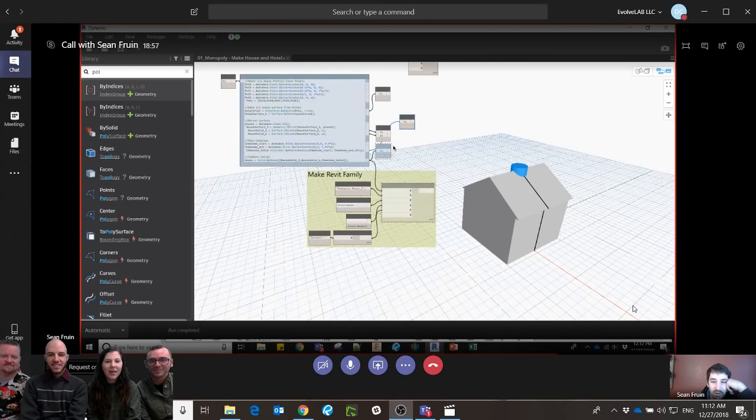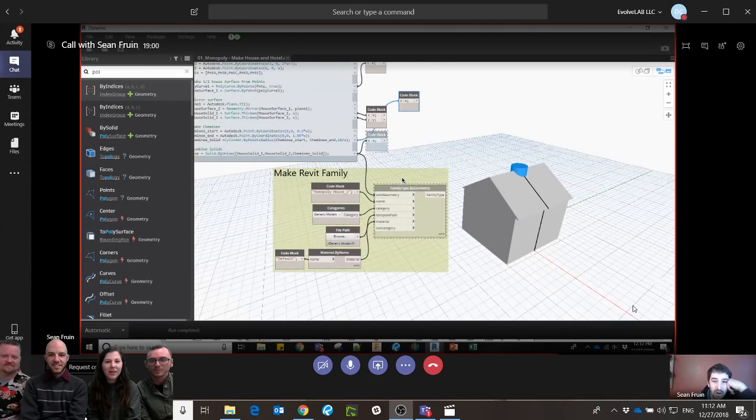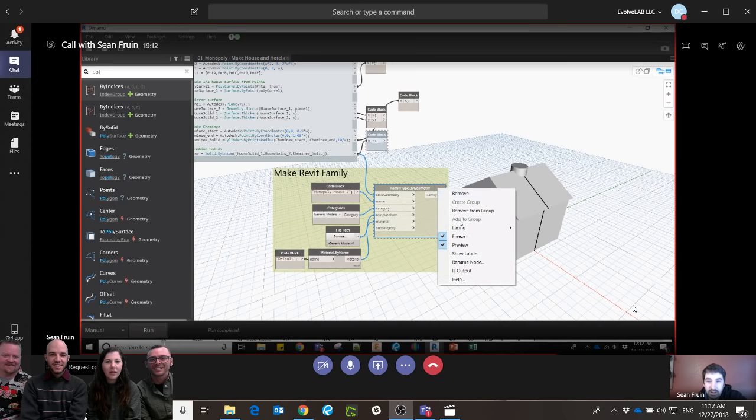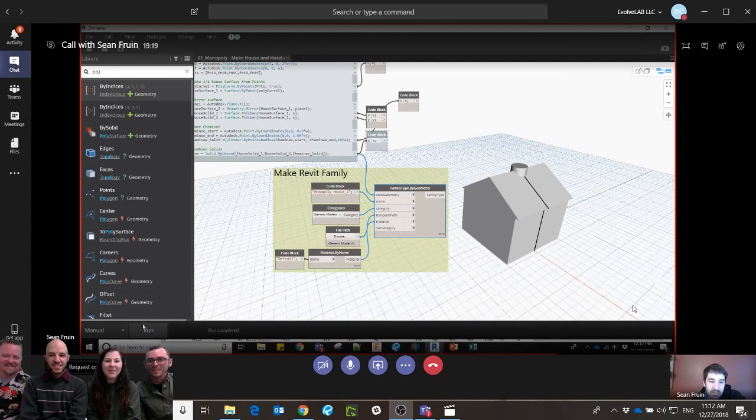So now, of course, we want to get this into Revit, right? I'm pretty sure this node's new to 2.0. Right now I'm in 2.0. We're going to go back to 3.1 when we play the game, but 1.3. Yes, 1.3. So I'm going to do it manually. Sometimes you don't necessarily want to be in automatic, especially when sending a bunch of stuff to Revit. But here we can do this, and if we hit run and go back to our Revit